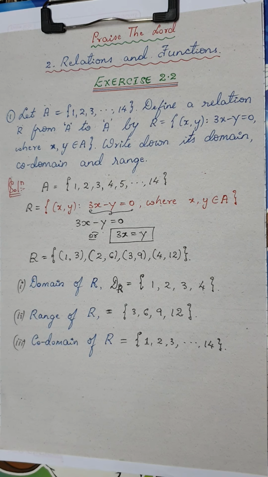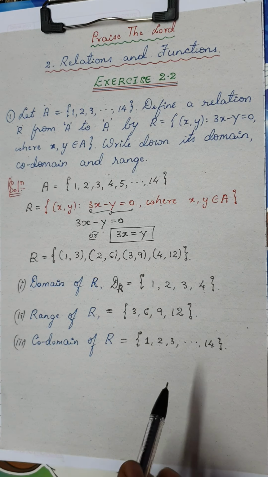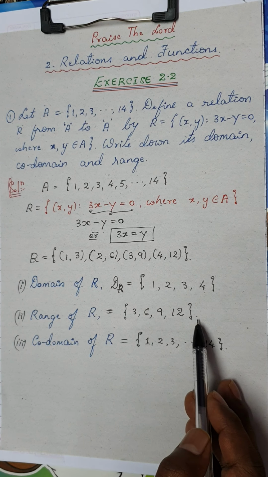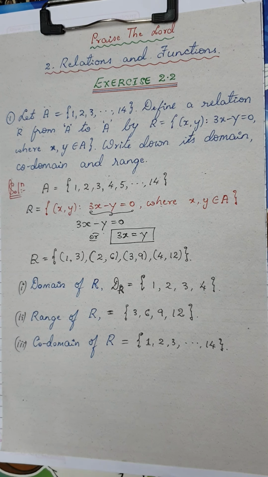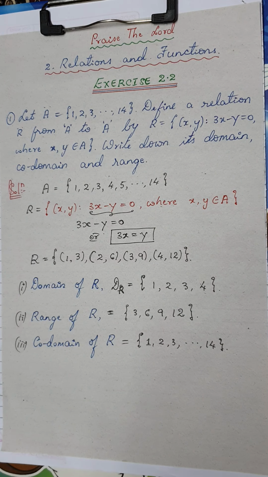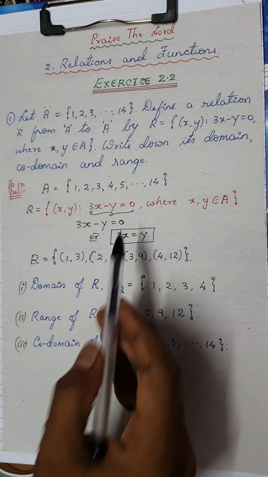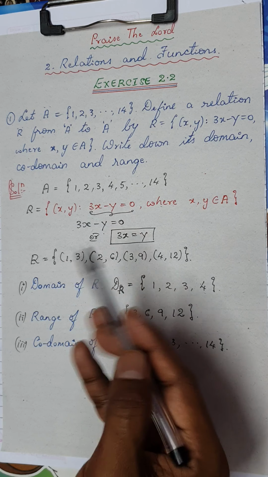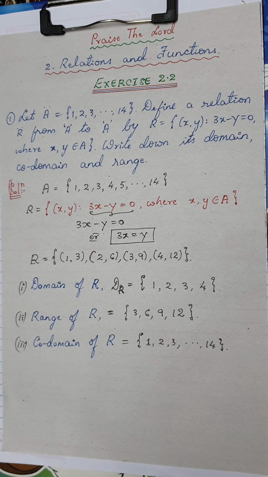Usually the very important thing in this type of question is writing the domain and range. Is it clear? Right. So this concludes the first question. Hope you don't have any doubts in this. Again, I'm telling you, a similar or the same question you will be taking in second PUC on a different concept. So please have an idea of how to write the relation and find out its domain and range. Okay, let's move to the second question from the exercise.